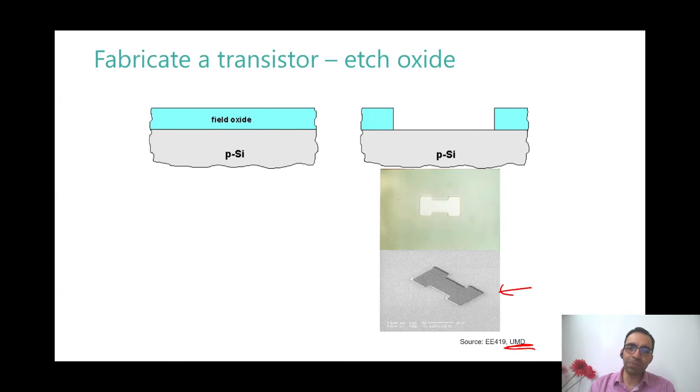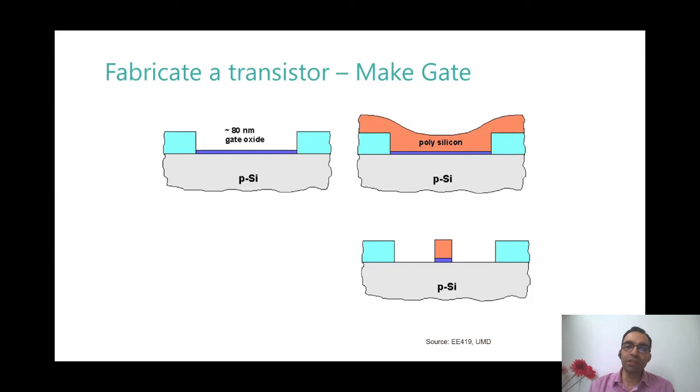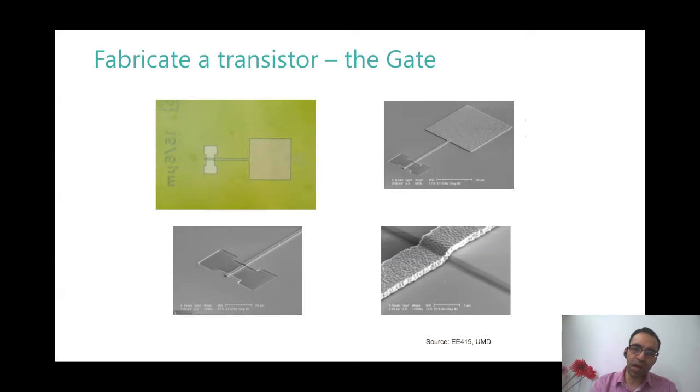Then as a next step, you would want to deposit polysilicon. So you grow gate oxide, and then you deposit polysilicon, and you etch out polysilicon from areas where you did not want a gate. So polysilicon and oxide are etched out from all this region, and you get what you call a polygate. Are you able to realize this is something like a polygate that you would have seen? This is how the microscopic images look like. And you see, this is the depth of the oxide that you had manufactured, that you had grown.